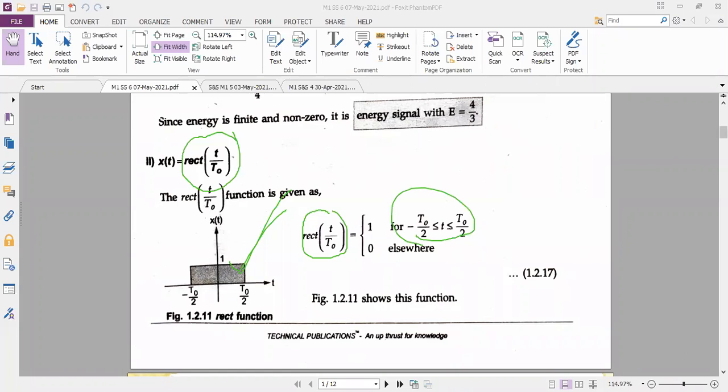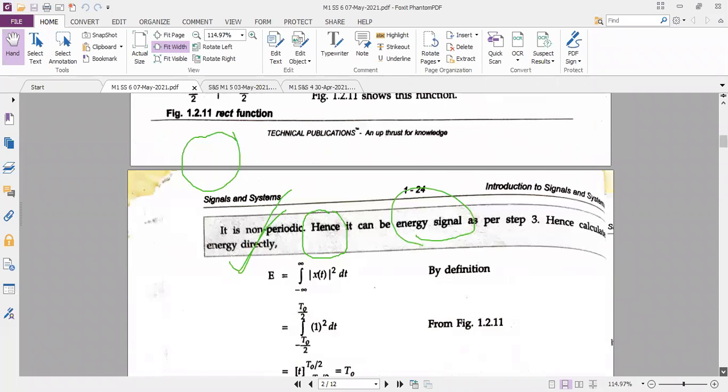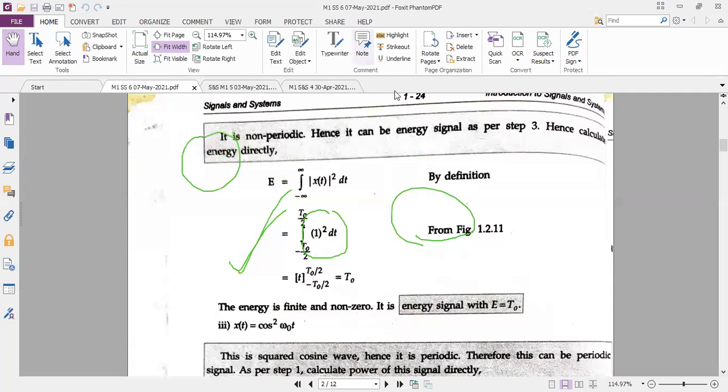So now the next step is to use the formula. If you remember it, it is fine; otherwise, you see the formula. The formula is integration. I said why it is integration: because here it is a continuous time signal, and t is there in the signal. So the integral from minus infinity to plus infinity of magnitude of x of t, the whole squared, dt.